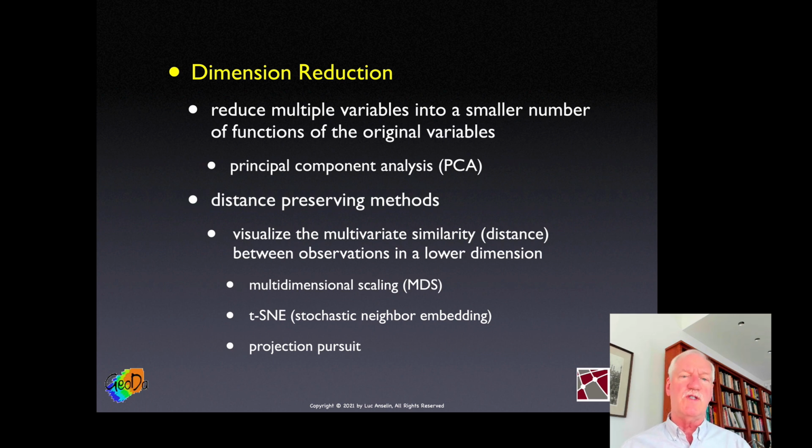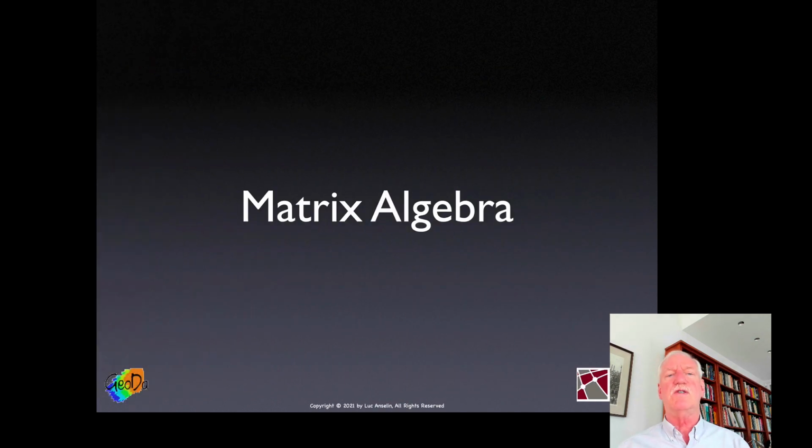And we will consider 2 in particular: classic multidimensional scaling and a method called TSNE, which comes out of machine learning, which stands for stochastic neighbor embedding. Then another method is projection pursuit, which we won't cover in this course because there's only so much we can talk about. So before we get into this, I wanted to just have a very quick refresher of some basic